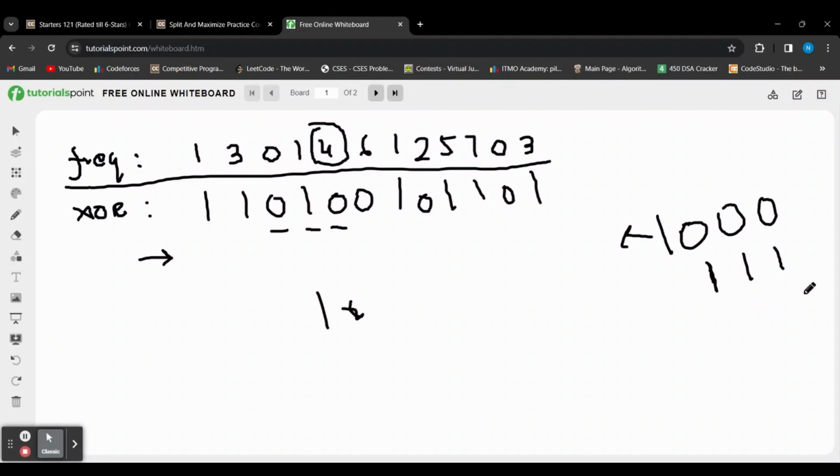So what I can do is break it into two parts such that one part has these bits set and the other part is just a single element one. So each of these bits would be a single element which is a power of 2. If that is clear,